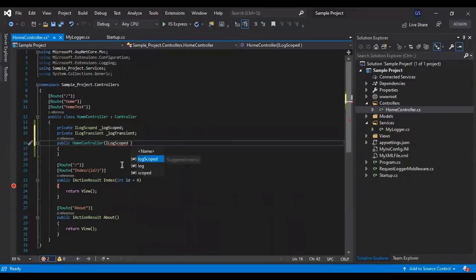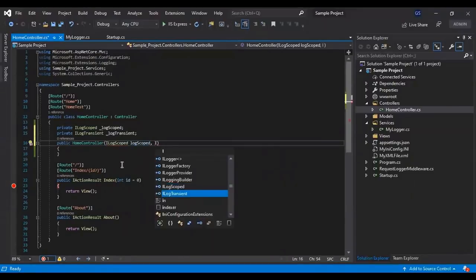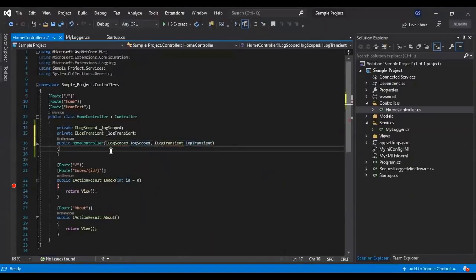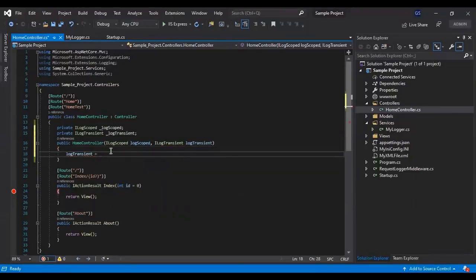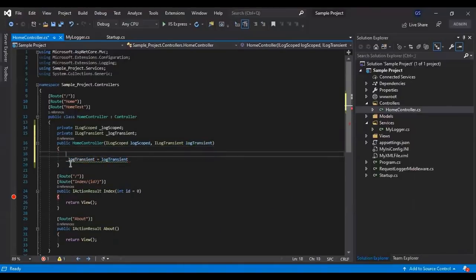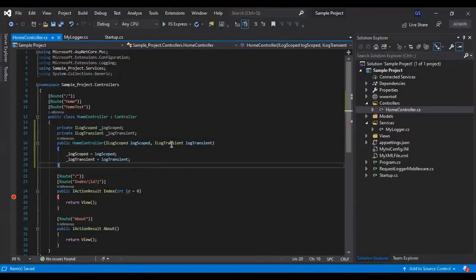We'll receive ILogScoped and ILogTransient, and we'll assign the dependencies to the respective fields. Now we have injected the services into the constructor of HomeController.